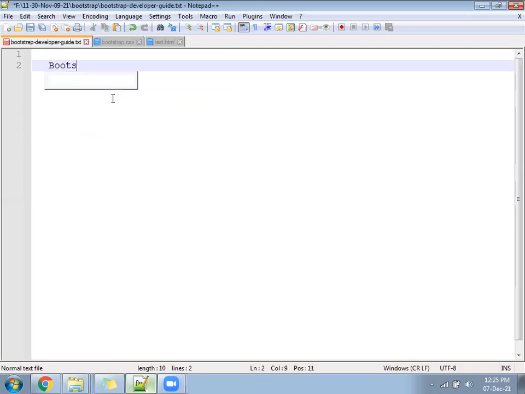If anywhere you get the chance to write a single line definition, you will write: Bootstrap is a library of CSS. This line is 100% true. When we say book library, what do we find there? Only books.